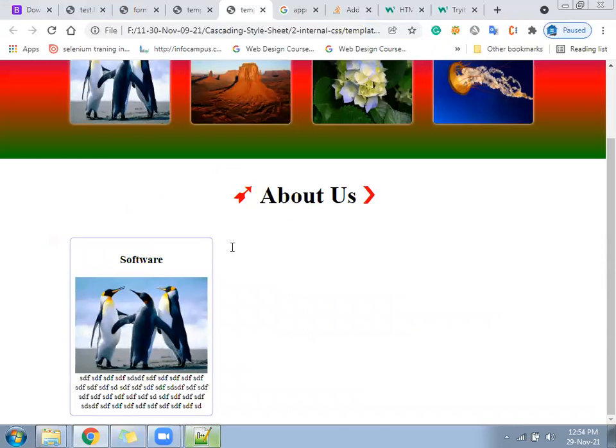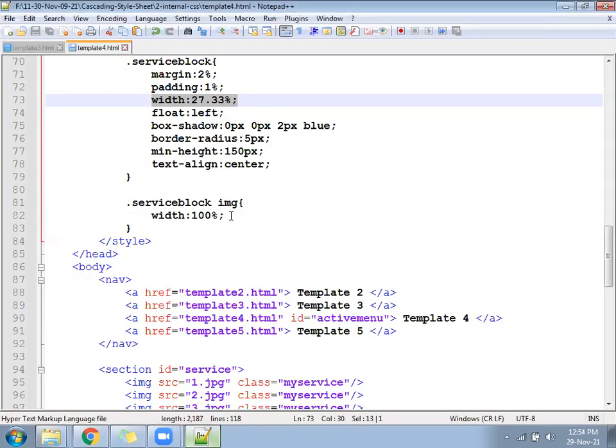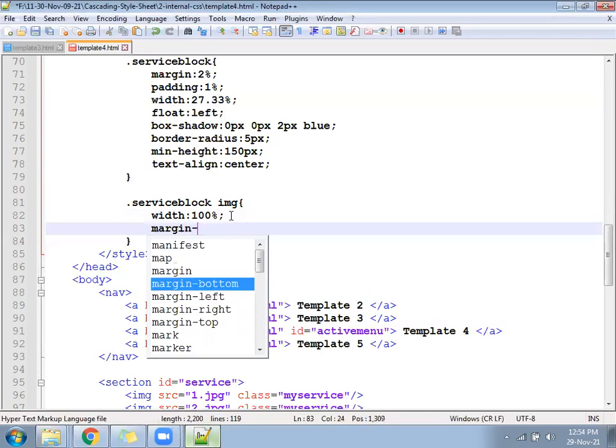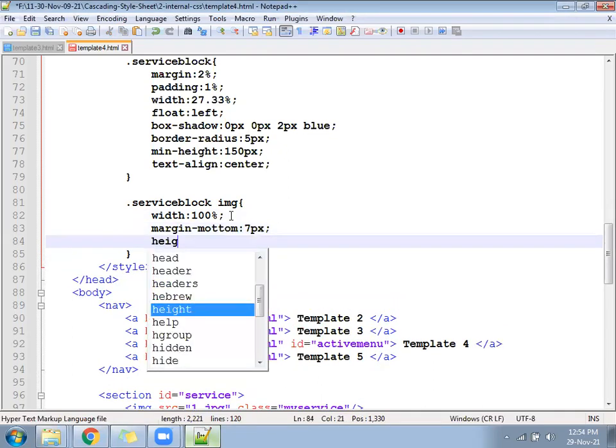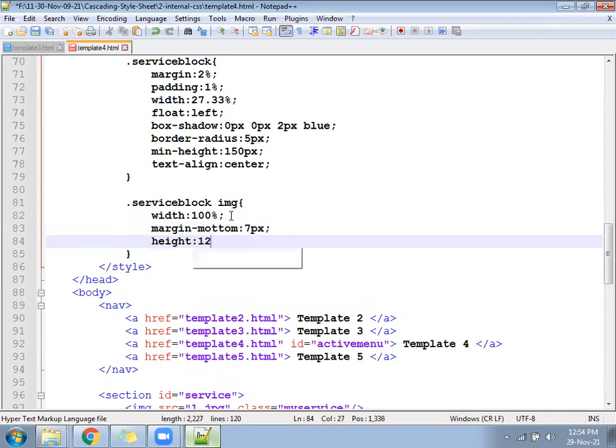We can write separate CSS here. Write margin-bottom, somewhere 58px, 67px. And height also, if you want, you can control the height, 120px.